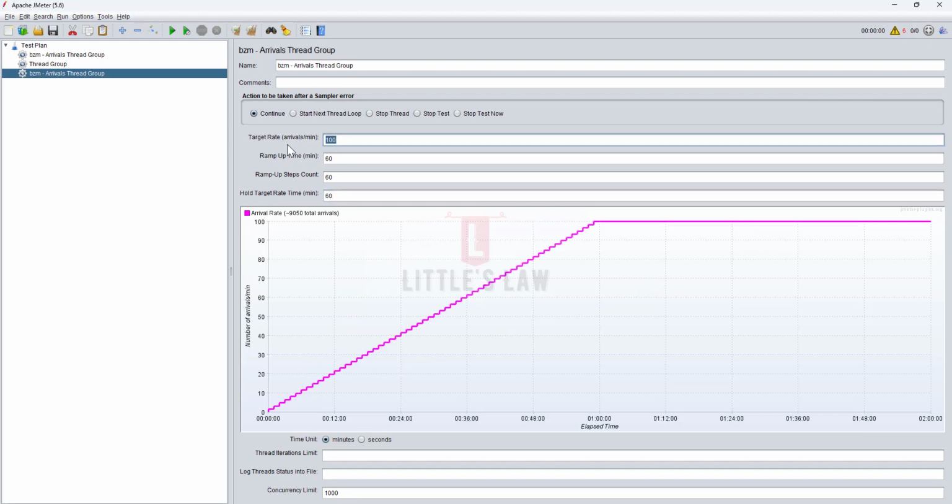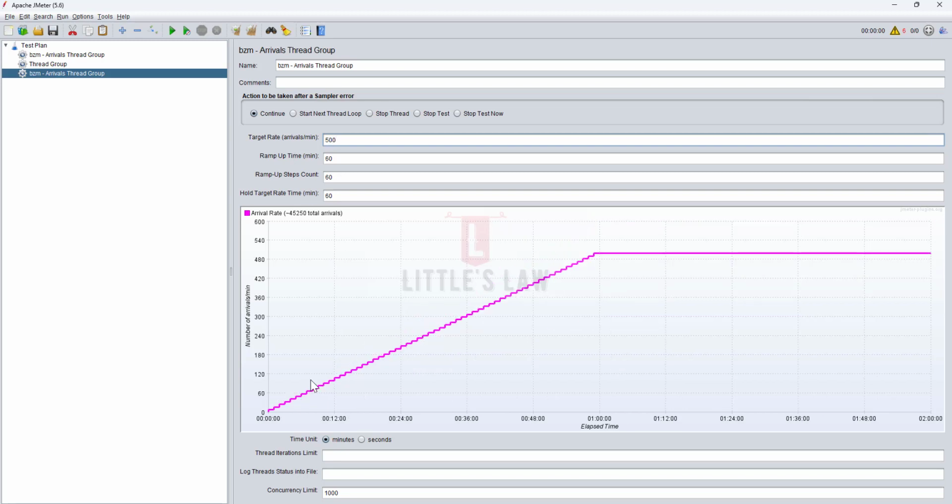So by doing this, again, they say we cannot achieve it, but if you plan in a perfect manner, you can even increase the arrival rate to like 500 per minute, which means you can achieve these stress tests this way. For example, by the end of 1 hour, you can see you would have achieved